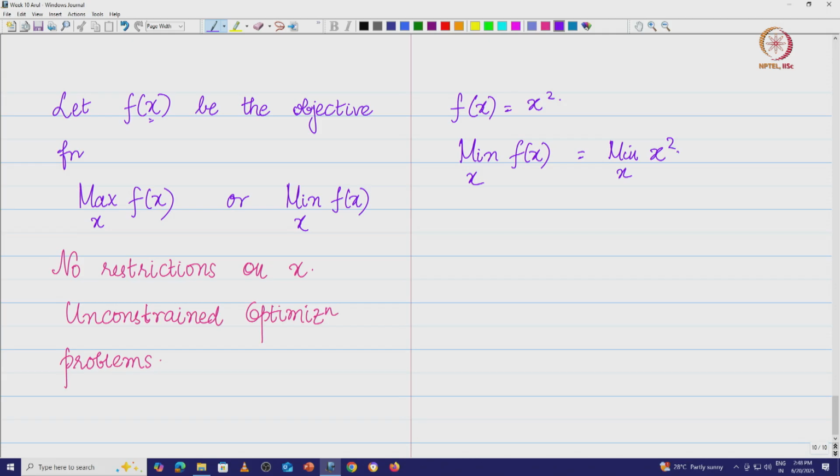This is just something which I am recapping from whatever you have studied before. You take the first derivative of the function, equate that to 0, then take the second derivative of the function, and plug in the value of x that you got when you equated the first derivative to 0. If the second derivative value is greater than 0, then you say that you have a minima there. If the second derivative value is less than 0, you say that there is a maxima.